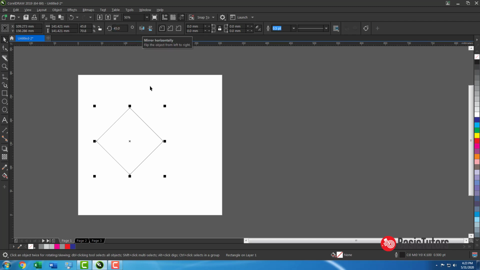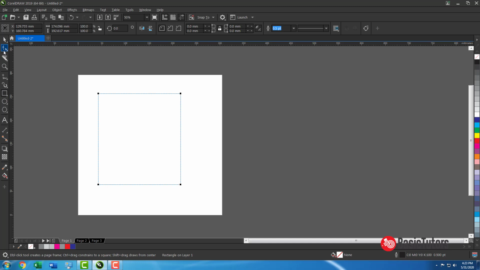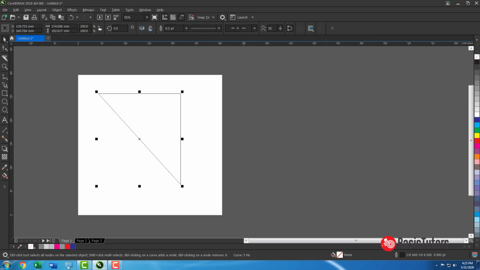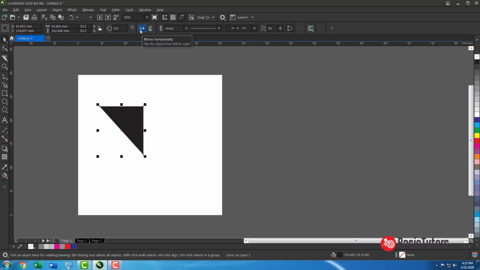Also this one is for mirroring an object. Why is it needed? See, I make a shape like this. If I mirror the object, what will happen now? If I mirror horizontally, it mirrors like this. Make a duplicate and mirror.